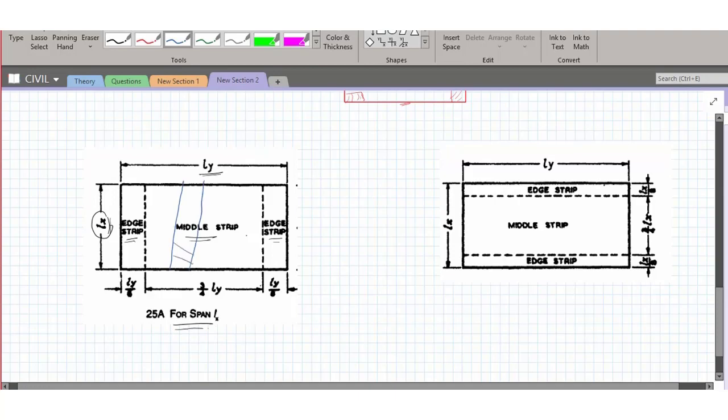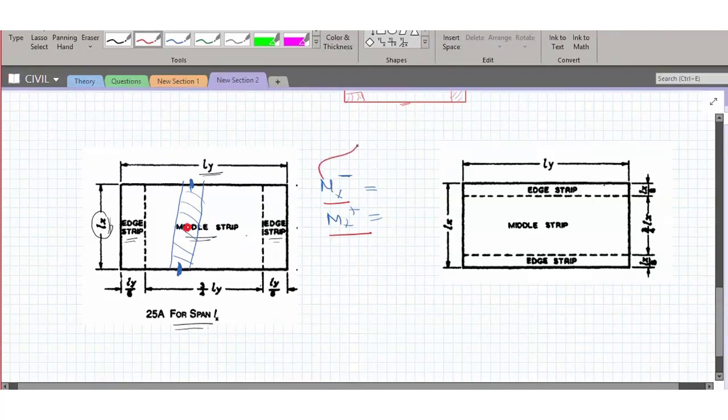Now for this 1 meter strip, you'll be computing Mx negative and Mx positive. What is Mx negative? Mx negative means the negative moment at the support point, which I'm highlighting here. Okay, and Mx positive means the moment at midspan.